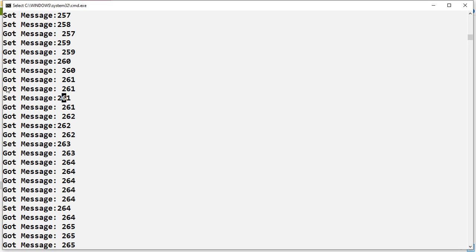So for that reason, even though we have written the program with synchronized, it is not the perfect way of writing synchronization. To have the perfect way of synchronization, we should also introduce monitor states in our program. We'll see how to introduce those monitor states, in which situation we have to use them, and where these monitor functions have to be called and used, that we are going to see next.